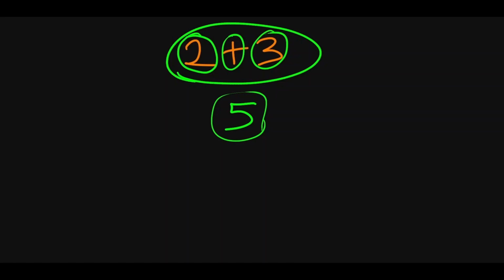Another reason for simplification is to get an answer. So 2 plus 3 is obviously 5. So if you are given a question to solve and you stop at 2 plus 3, it's an inappropriate answer compared to 5 that is a more appropriate answer. So these are the reasons why we want to simplify an expression. And in algebra, it is no different. But because letters are involved, there are certain things you must bear in mind before you attempt to simplify. One of them is collecting like terms, and that's what this video is all about.